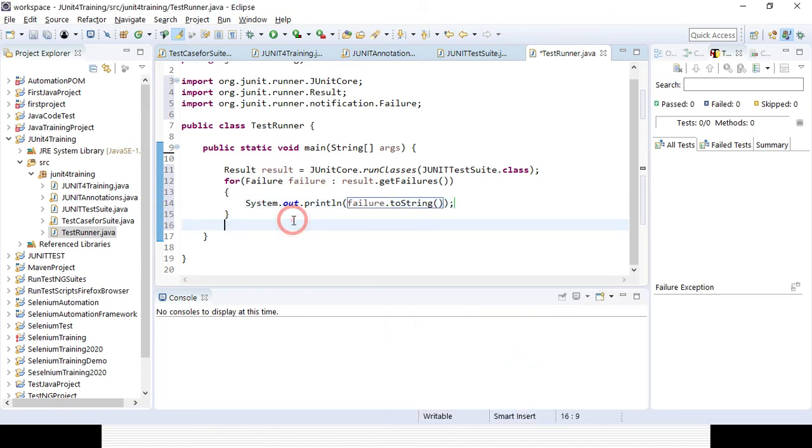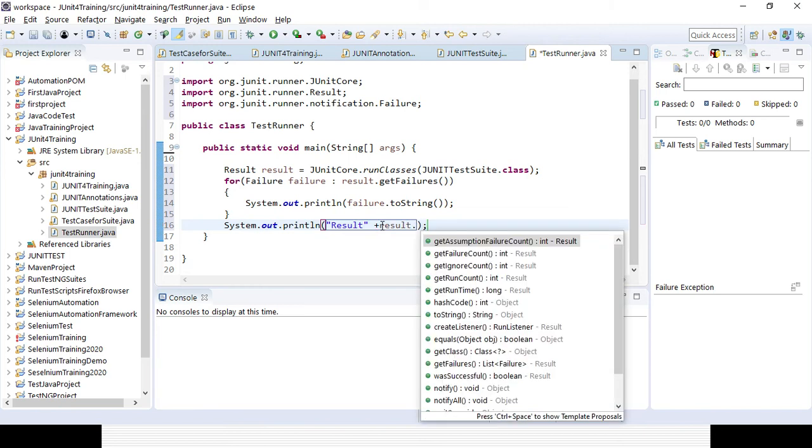Also I can print out the result we are getting, using concatenation with these variables. To check whether it is pass or fail, I use result.wasSuccessful.